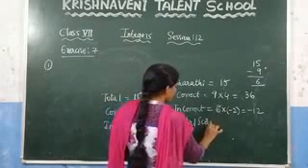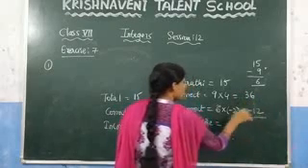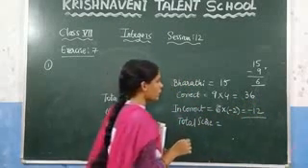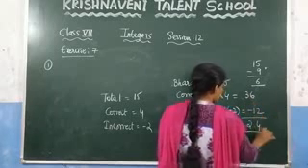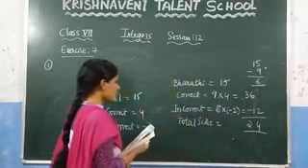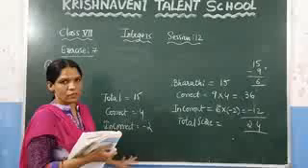Now in the question they are asking, what is her total score? Then what will be her total score? For total score you need to subtract these two values. So you will get 6 minus 2, which is 4, and 3 minus 1, which is 2. So the total marks Bharti got in her exam is 24 marks.